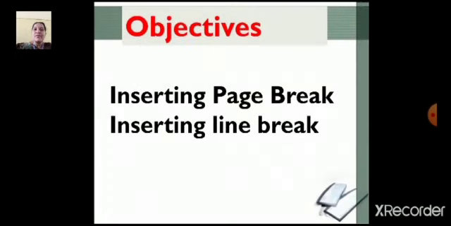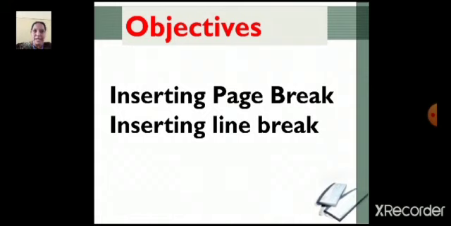So today we will be learning about inserting page break and inserting line break. We studied about column break, which is used to break a column. The text from one column we can push it to another column.